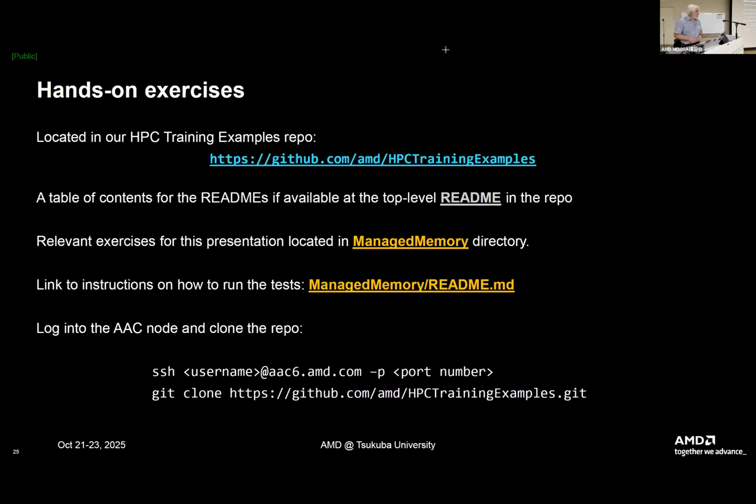So here we go into our training examples. You can clone that repository, and the managed memory has those examples of the APU programming model if you want to try working through those. And at this point, let's see, I think